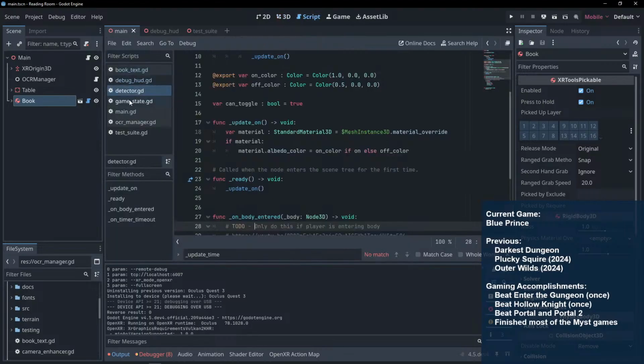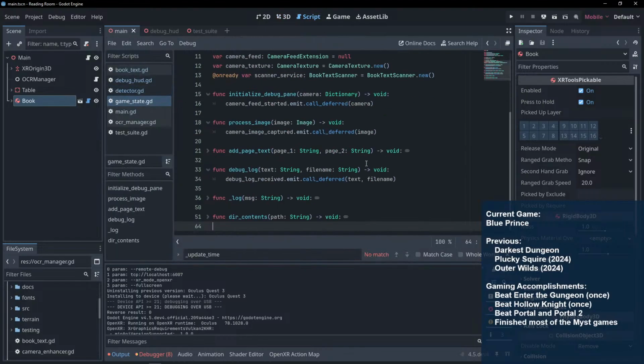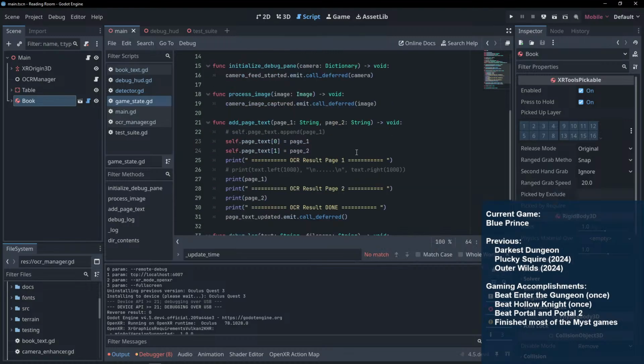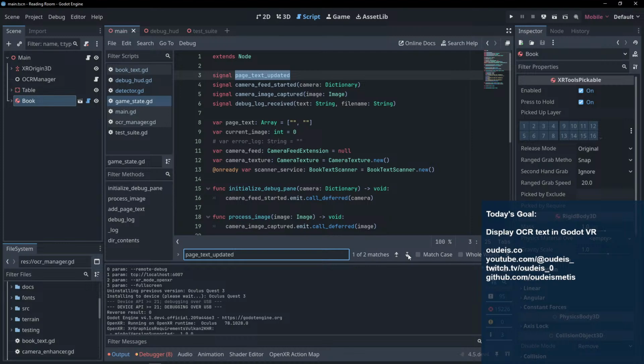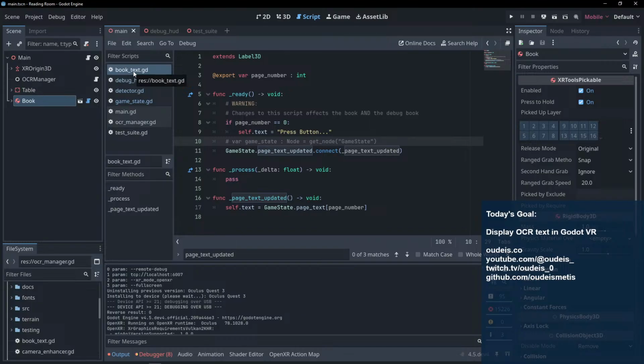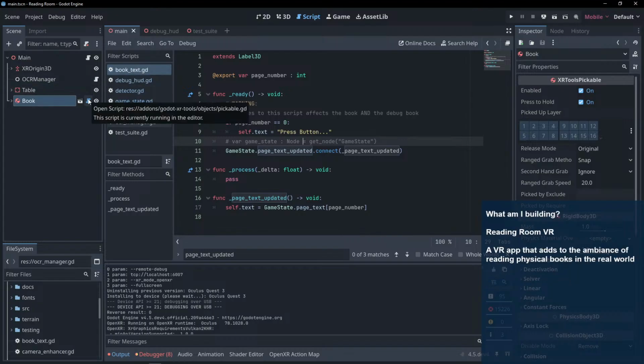So, okay, where am I doing this? Let me trace it again. It's been a minute since I've had to look at this. Add page text. Page text updated. Book text. Page text updated. Right, self.text. So book text. See, that's pickable. That's not book text. So if I go into the scene,